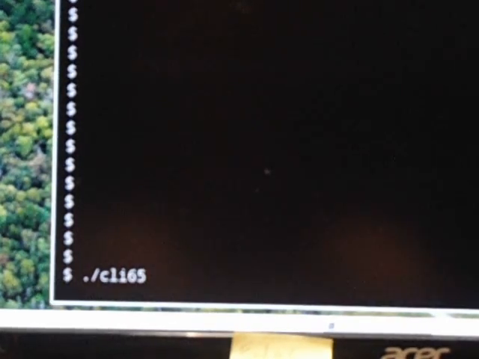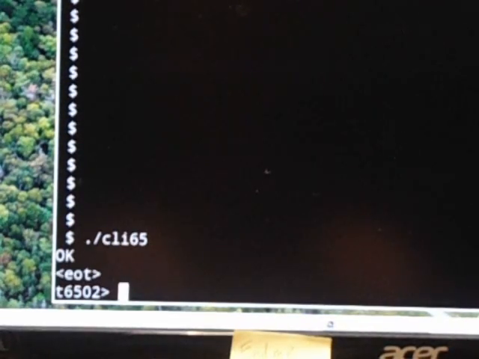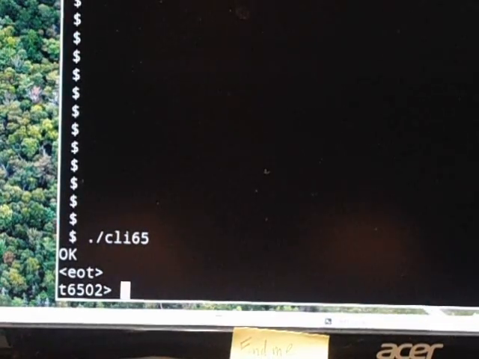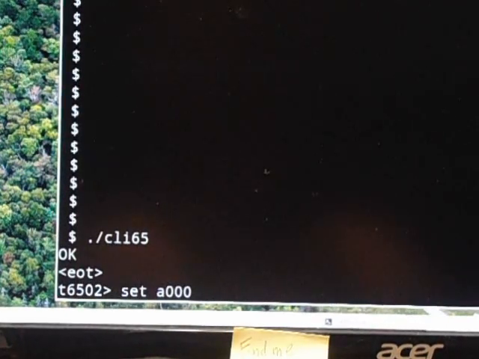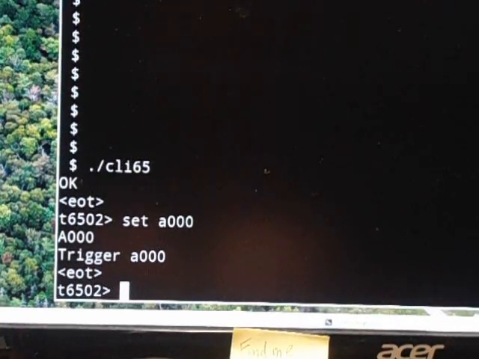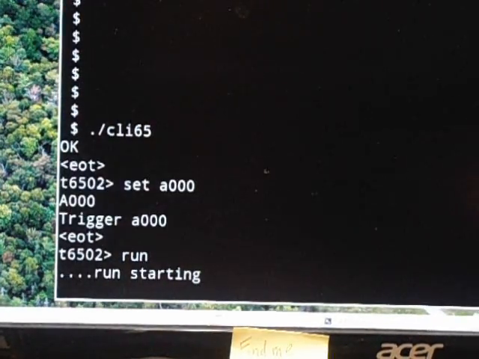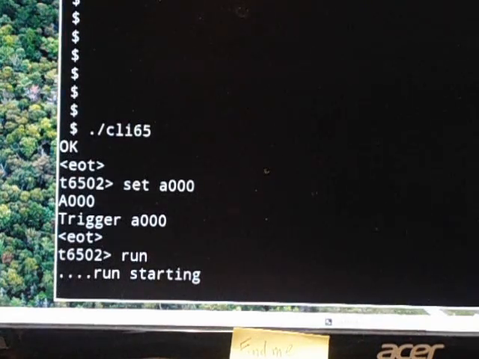So the first thing we'll do is start the little command line program on the Linux server that actually talks to the Teensy computer and allows us to set the trigger address and set it to run. So there's a trigger address set to A000, and we'll type run, and then I'll hit the reset switch,